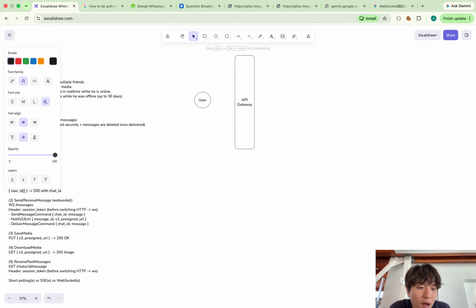For example, even if the user cannot create a new chat room, he should be able to receive past messages or real-time messages. So for that, I will separate the services so that a fault or disaster in a specific service doesn't affect others.